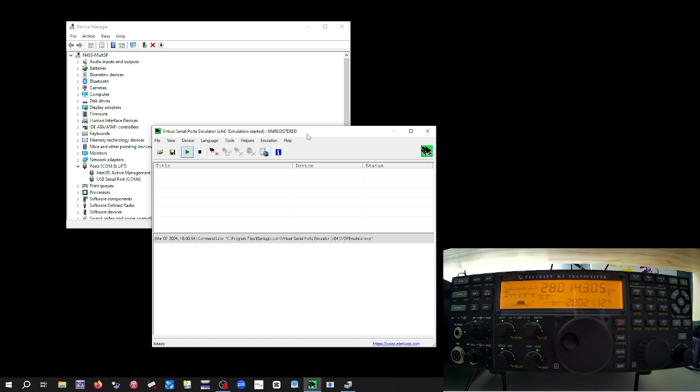So by creating a virtual port and the splitter type, then you can share it among multiple programs. So that's what we're going to do. We're using Virtual Serial Ports Emulator. There's several different programs out there. Most of them are paid. What I'm using is the unregistered, unpaid version, and every time you open it, it'll fuss at you and want you to